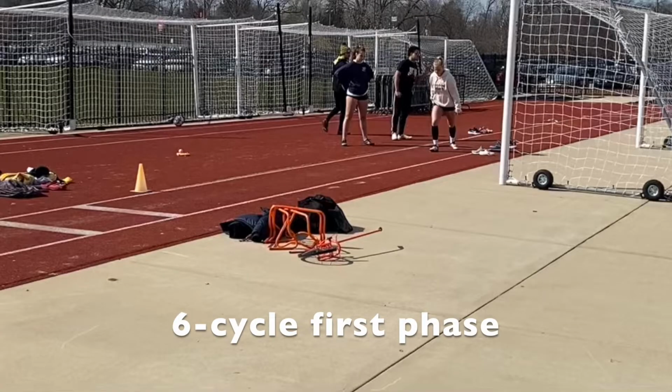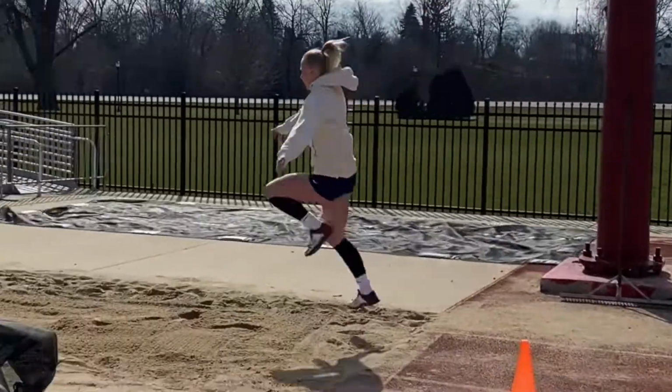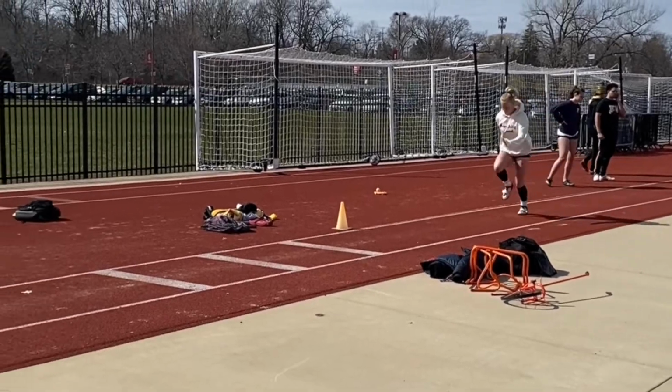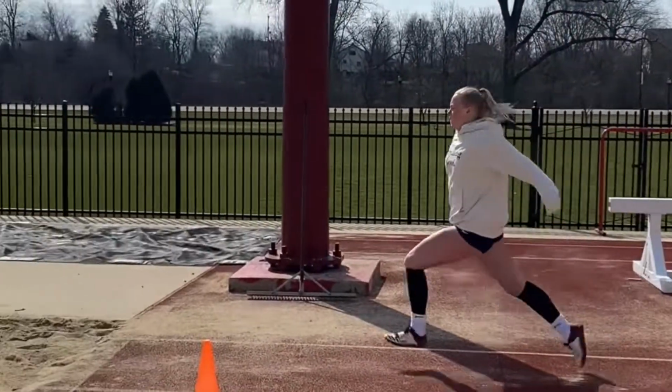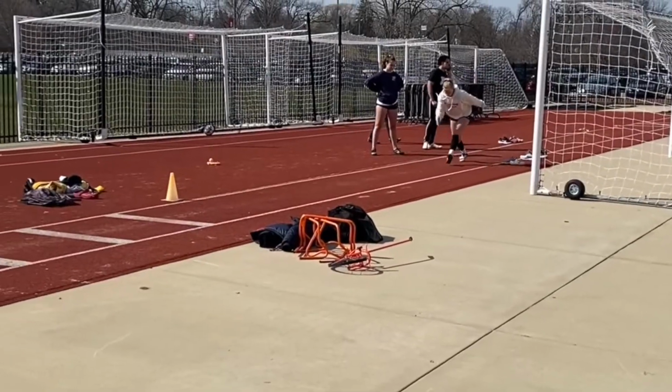The last drill in this progression is a 6 cycle first phase. So now we're taking what we've done and now we're doing this from a measured approach. And so we're actually bringing the speed that we would bring down the runway. So we're going pretty fast, and then we're taking off from a point close to the pit, and we're focusing